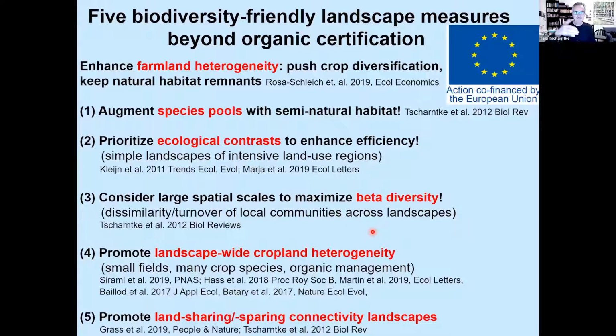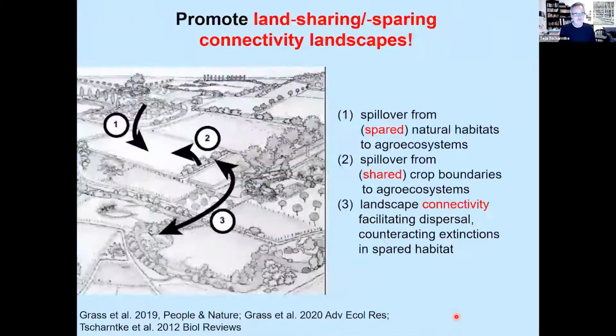We have very different species compositions, and better diversity is of major importance. Promote landscape-wide cropland heterogeneity, in particular, go for small fields or subsidize small fields because they have such a big effect. And then in the end, have a look at land sharing and sparing connectivity in the landscape, in the sense that you